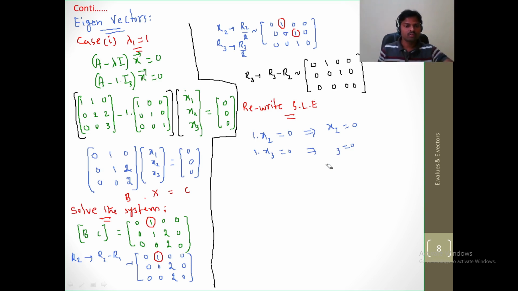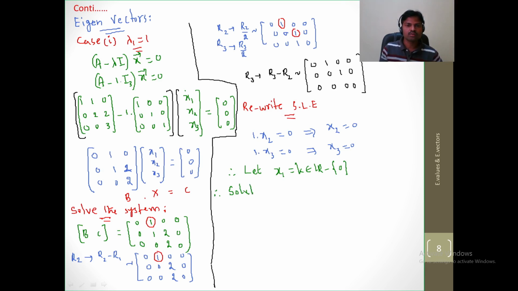Then what about x1? If x1 is not obtained, then call it something, so let x1 be some k. Again k belongs to the real number system, a non-zero real number. Non-zero real number means the number is not 0. Except 0, we can choose any k. Now therefore the solution is,